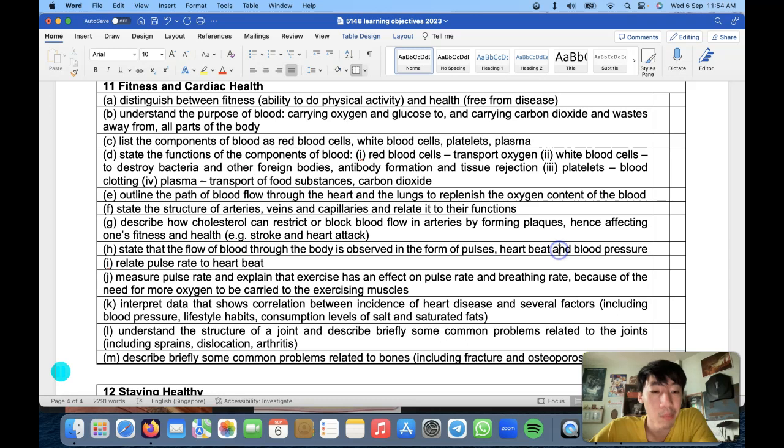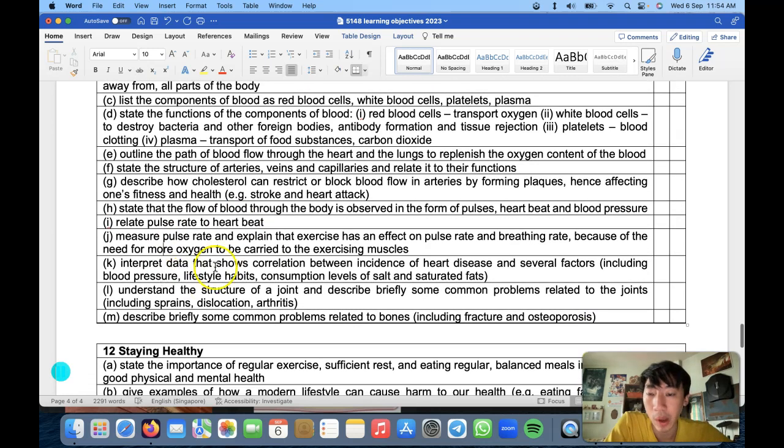Blood pressure is linked to your blood flow, but it's also affected by things like cholesterol. When you have very high blood pressure, it means the blood is moving around your body at very high pressure because you have too much cholesterol, too much plaque in the body. So to reduce the blood pressure, you need to eat healthily, avoid obesity and exercise. We already said this: pulse rate and heart rate are interlinked. Every time your heart beats or contracts, you will feel a pulse.